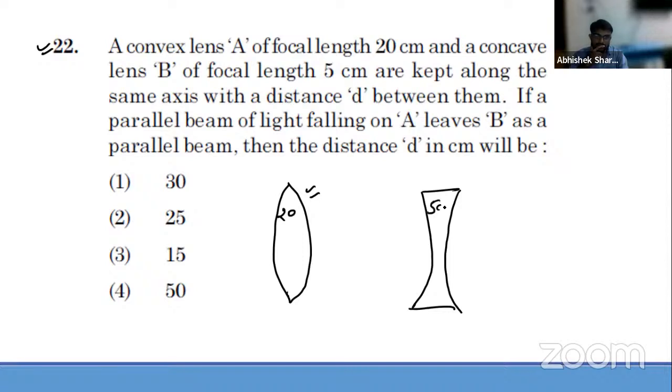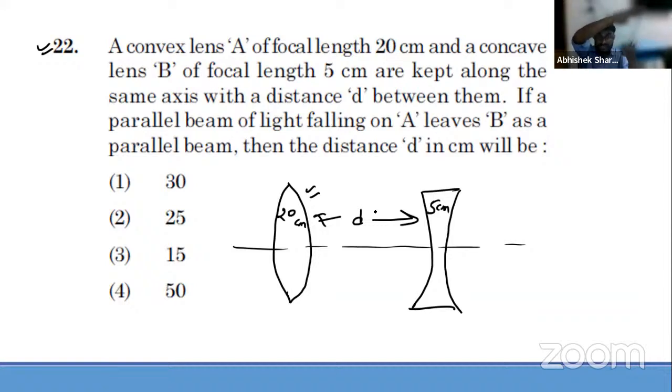Focal length 5 centimeter. Okay. They are kept along the same axis with a distance D between them. A parallel beam of light is falling on A and leaves B as a parallel beam. So they are asking what must be the case, such that when these two lenses, one convex and the other concave, are kept together with a separation D, the light